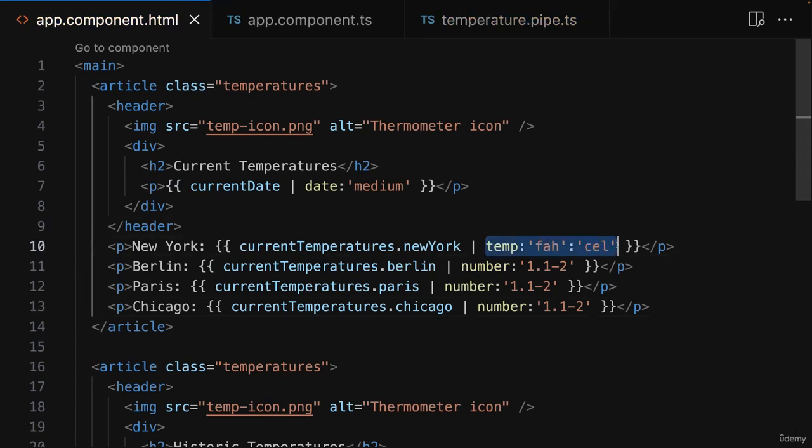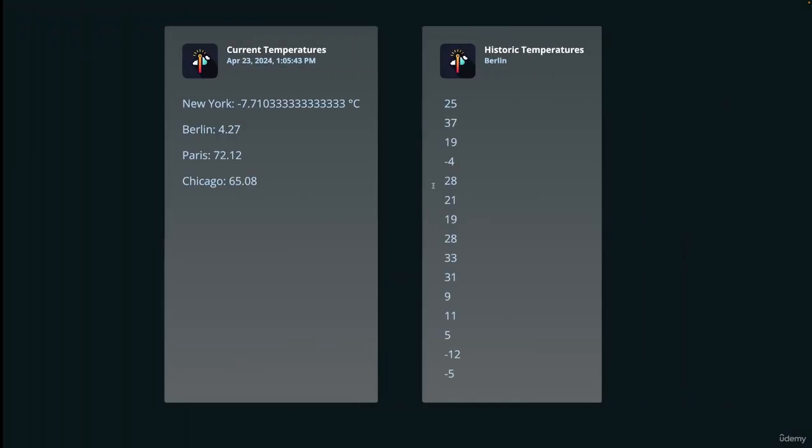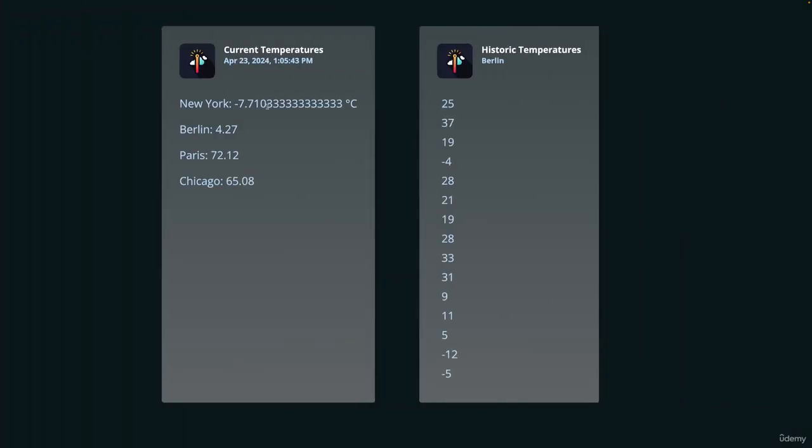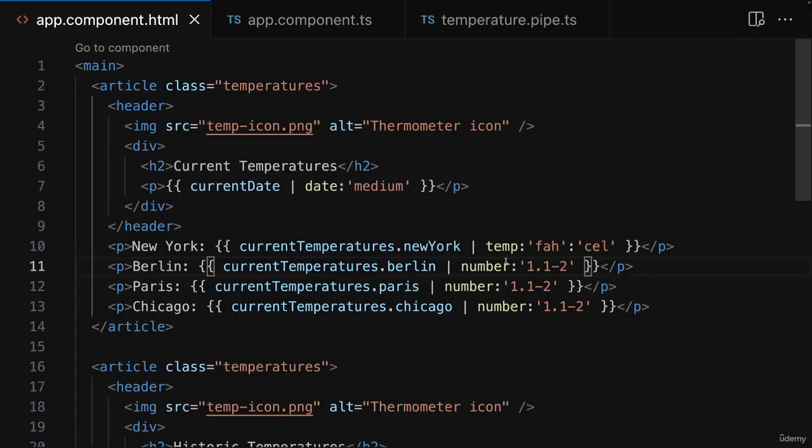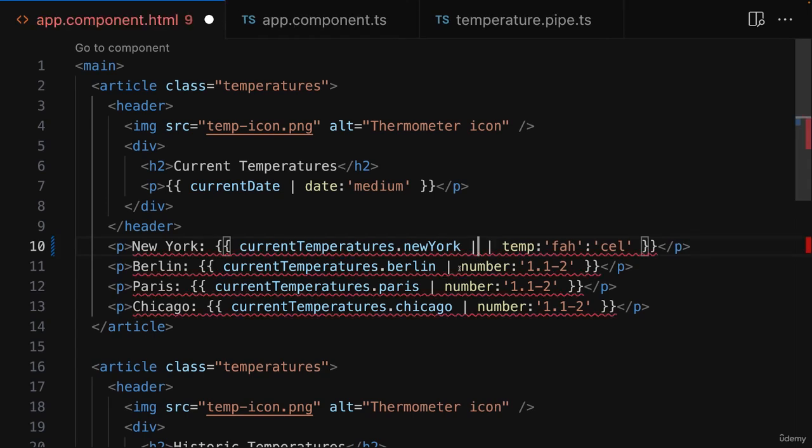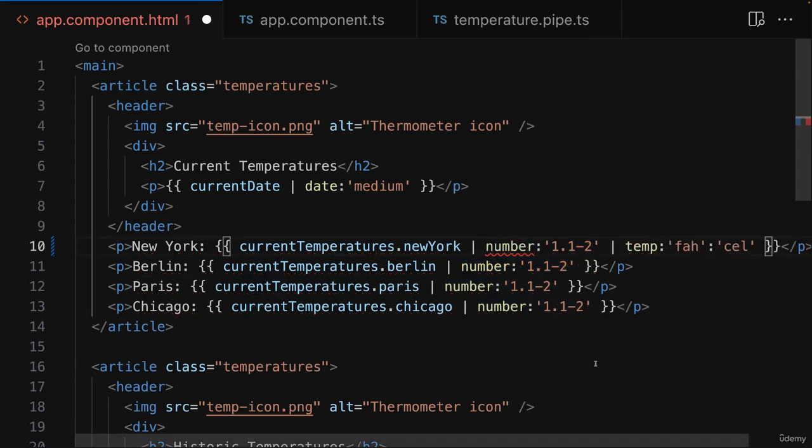Now, when working with pipes, you sometimes have a scenario where pipes should be combined. Like here, where I want to format both the decimal value as well as my temperature output style and the conversion. And you can combine pipes by simply chaining them after each other. So here I could add another pipe symbol and then first use the number pipe and then thereafter the temperature